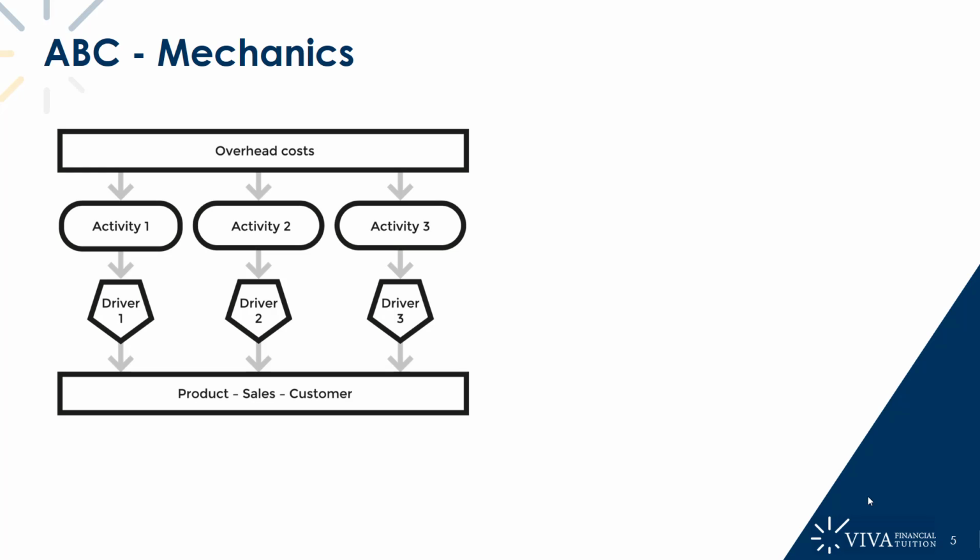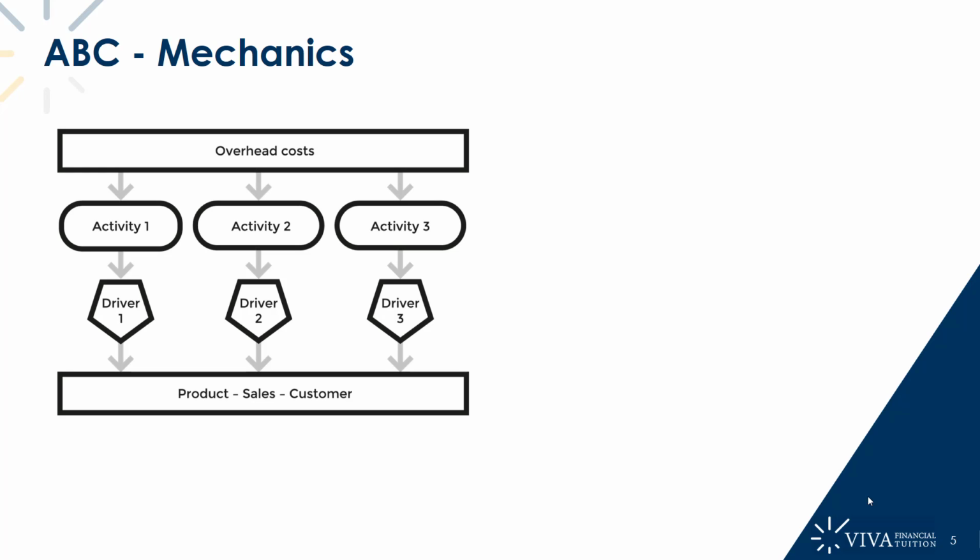that would have to take place for products to be produced. Now, to use some simple examples, activity 1 might be, okay, well, if we're going to produce some products, the first thing we've got to do is buy some materials. So activity 1 could be related to supplier ordering. Now, what we'd have to do there is identify a cost driver for activity 1. Remember what a cost driver is? A cost driver is the reason why we consume resources, why we spend money on a particular area of our business. And so a nice simple one for activity 1, which remember is supplier ordering, might be